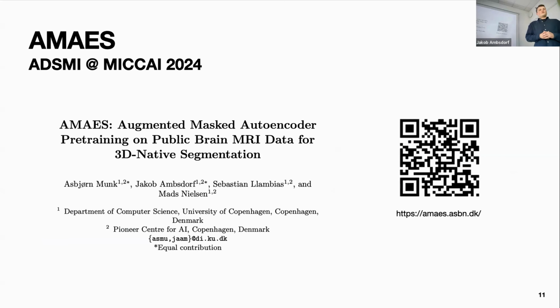So I would then go into the first work, basically, that is trying to make a step in this direction, so that we have better foundational models to solve some of the tasks. And this one will be going away from the fetal ultrasound into adult brains, actually, into MR imaging. But before we go there, I would just ask if there are any clarification questions. So I would put some time at the end for discussion, but maybe there are already some questions on the first part.